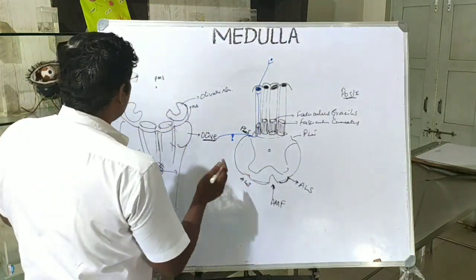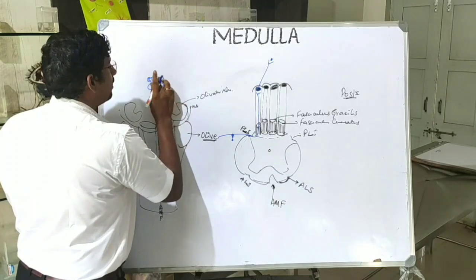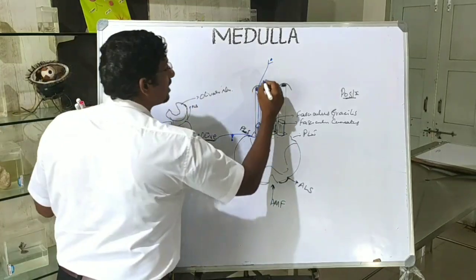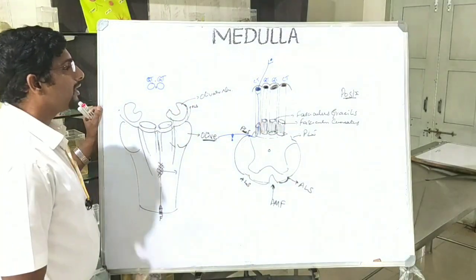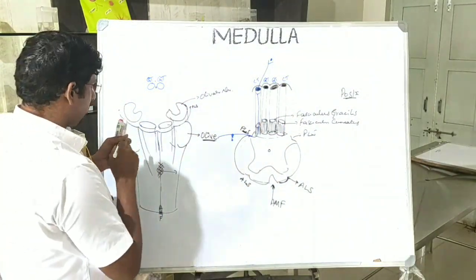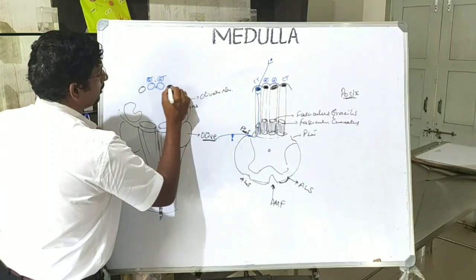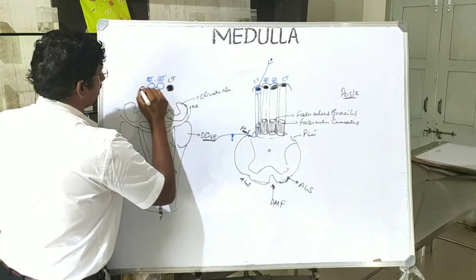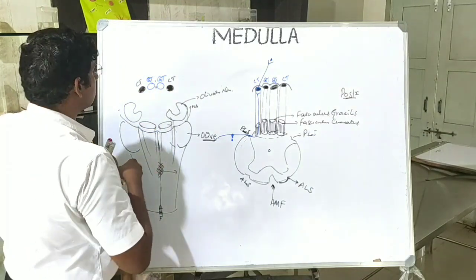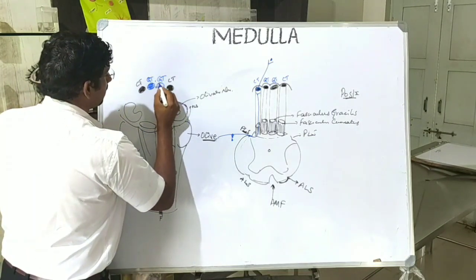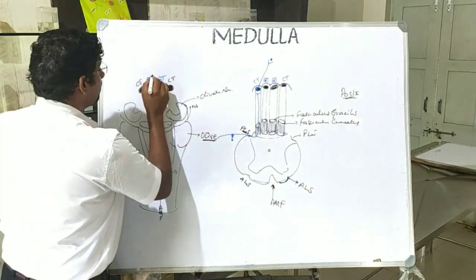And those are, for example, these are the gracilis tubercles. Okay, this is a gracilis tubercle. This is a gracilis tubercle. Okay, and this is a cuneatus tubercle. Okay, and the black what I use is for the cuneate tubercle. Okay, this is cuneate tubercle, and this is gracilis tubercle, which come on posterior side, right? So we'll cover up this one,